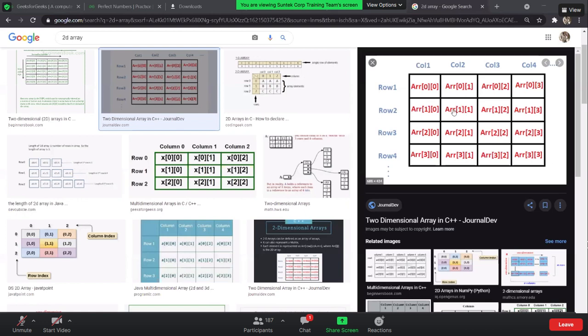In how many ways can I reach this point? It's as simple as how many ways I can reach over here plus 1.